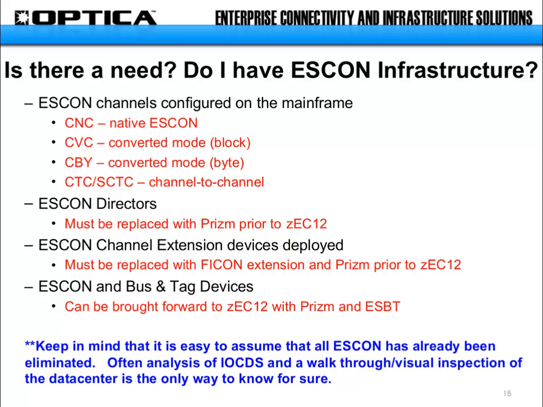Either discovering that some older devices are actually still being used, or used occasionally, that they didn't think were, or even thinking that they don't have bus and tag devices because they have all ESCON chiplets on the mainframe. Obviously, if they're running a converter today, they will have a bus and tag device behind that converter. So be aware of the various levels we talked about before that you have to address: not only the mainframe I/O transition, but the switching transition and the distance transition, and particularly whether or not you're running any bus and tag that's going to require the ESBT module.